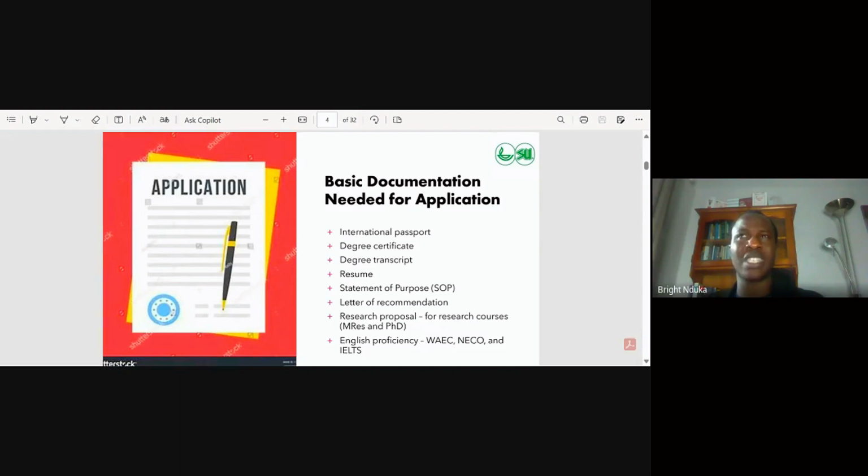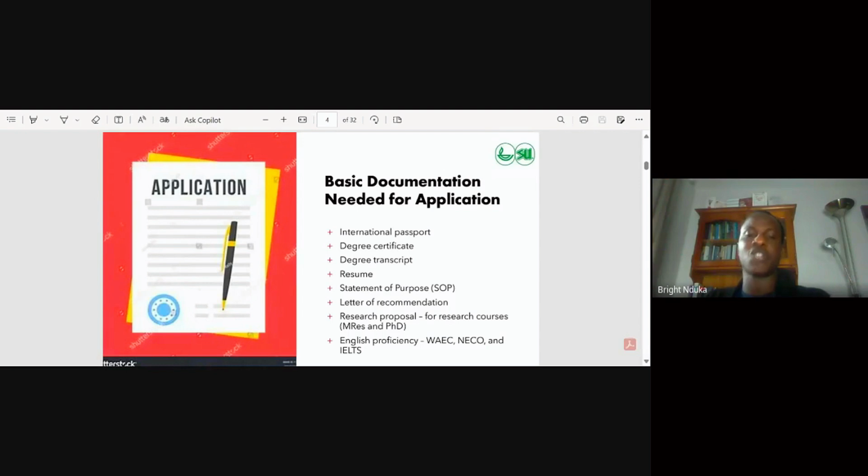So it is more tedious, more demanding, or it requires loads of skills and more effort. One of the documents you need to provide when you're applying for an MRes, just in case you are here and you are thinking of relocating to the UK through the study route and you have a family, this is actually the way. It's either you go by a master's by research or you do a PhD.